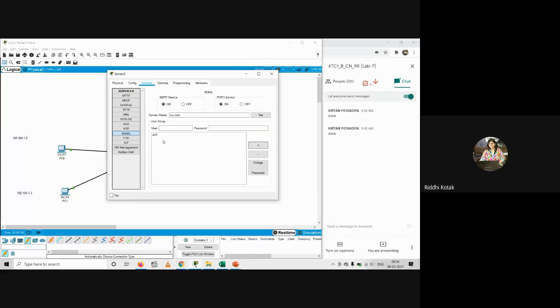So that PC0 will be added over here. Again, add the next one, PC1, and set the password 456 and plus sign. Then PC2. Right now I have taken 3 PCs, so I'm adding only 3. Right, it's up to you as many users as you want to add, and let's say 789, and then plus. Do not forget to add these users, else the final outcome you will not get. So complete this step at your end and take the screenshot.